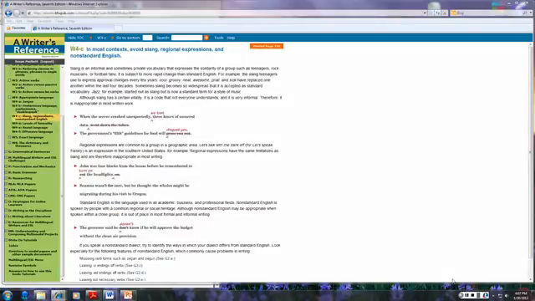W4C addresses slang, regional expressions, and non-standard English. We need to be aware of the audience that we are speaking to, and the audience should always have appropriate language. You must choose appropriate language based on the audience. And in an academic setting, we don't use slang, we don't use regional expressions, and we don't use non-standard English unless we're letting a character speak. So we want to use academic language.